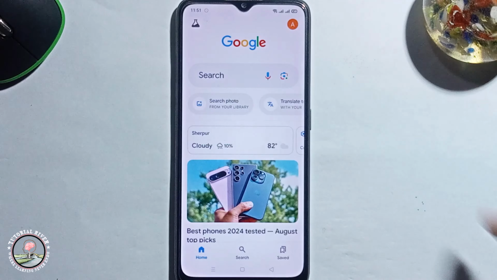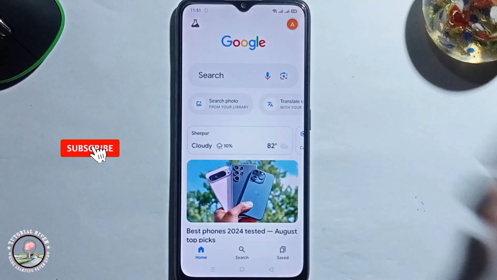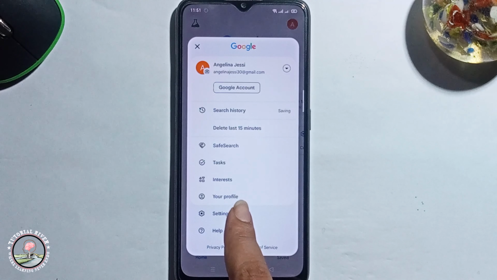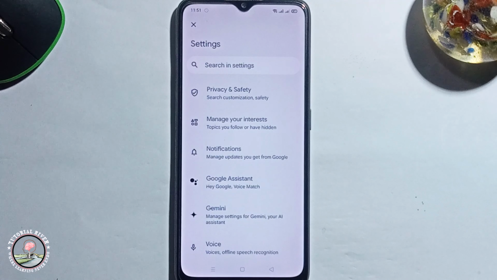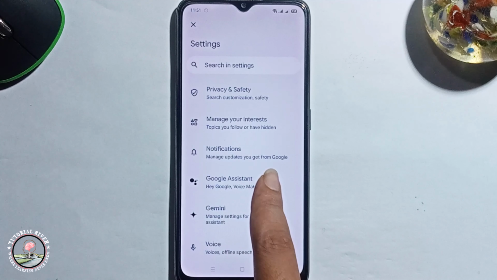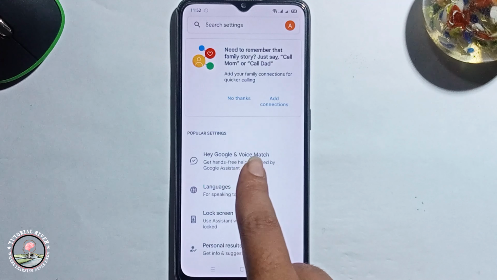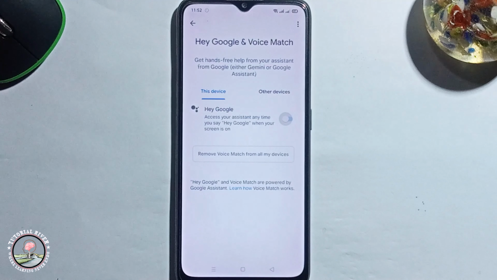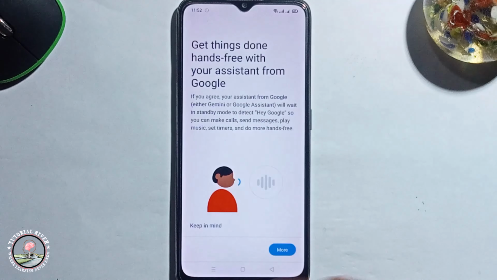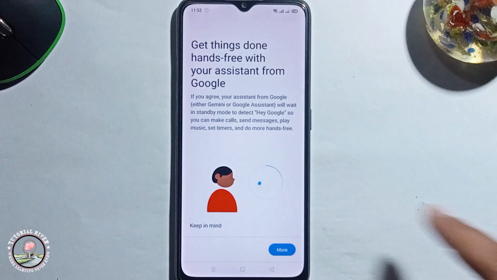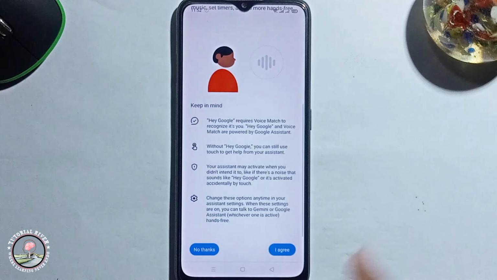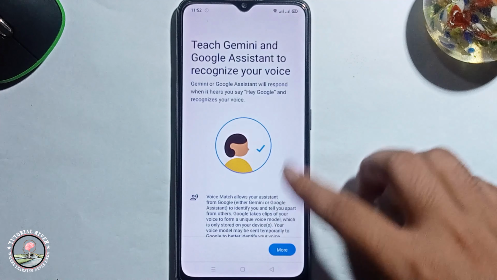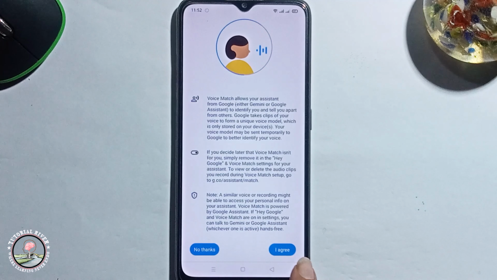So let's get started. Click on the profile option and then showing here to settings. Click on to Google Assistant. Click on to enable option, then showing here to this option, scroll down, click on I agree, scroll down and then click on I agree,